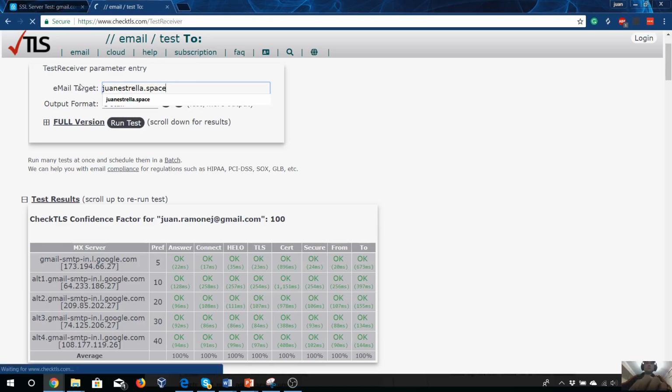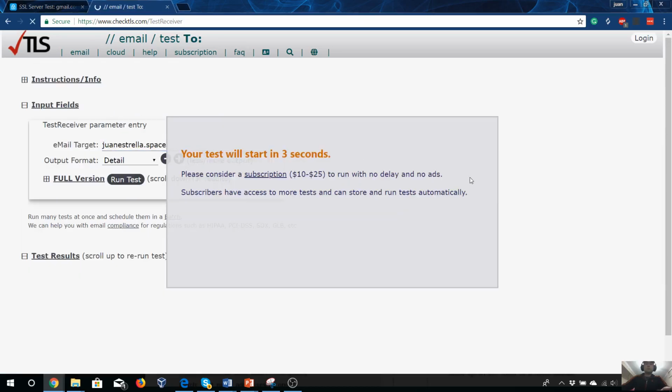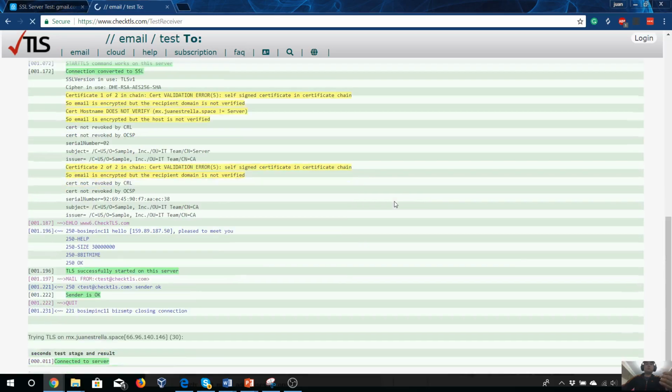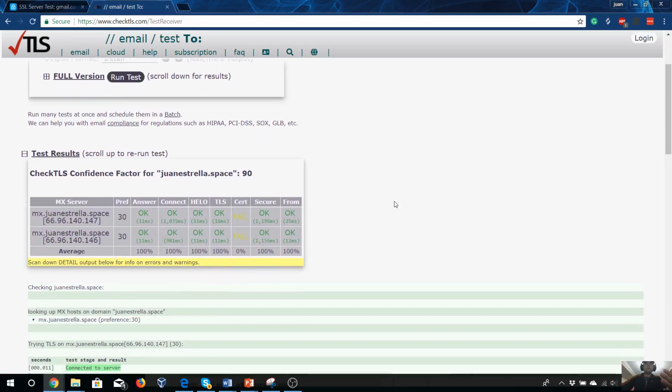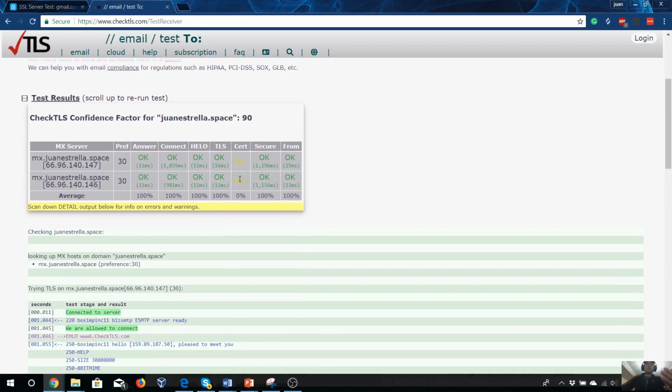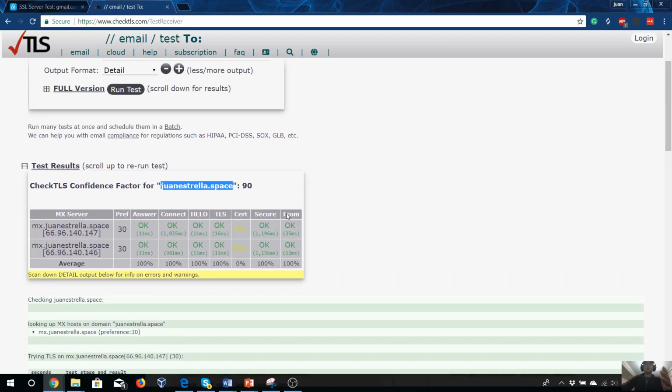I want to check my own website. Okay, we will check the website. We need to wait a little bit, and I just want to show you that this website doesn't have a certificate. What does it mean that there is no certificate? Maybe there are some networks, for example in college, where if you want to type my website, it won't be possible to see it for security reasons. There are some networks like Confederation College that don't want to allow you to go to my website because they don't